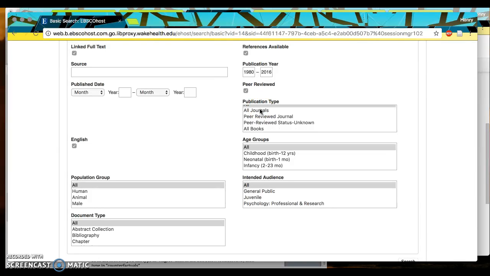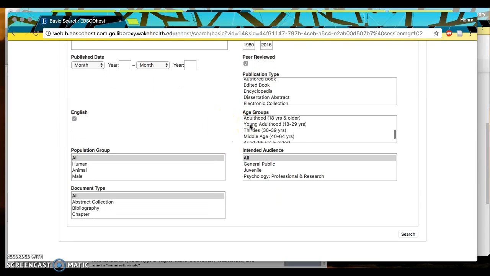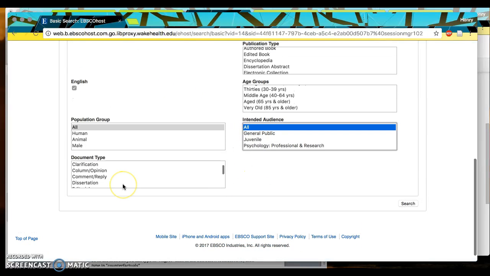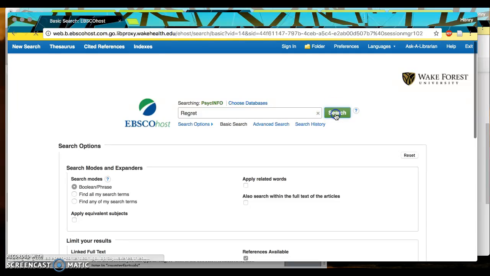And then you can also decide what publication type you want. So like if you want peer reviewed journals or a journal or anything like that, what age groups it's looking at, the intended audience, so you can go general public or juvenile or psycho, or just go to all of them. And then your document types as well, so you can pick dissertation, chapter, bibliography, anything like that. But so we'll go to search,